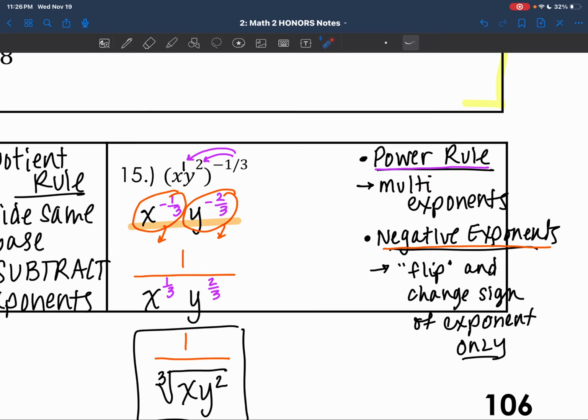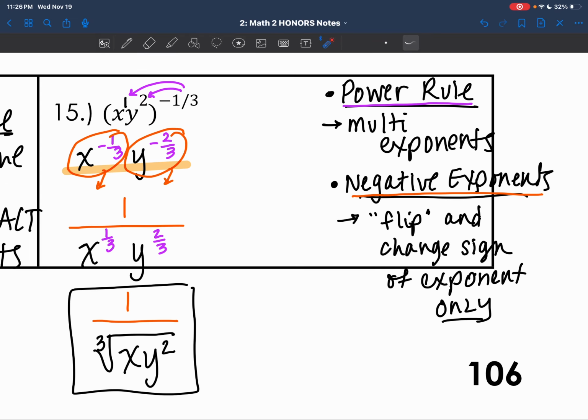All right, now this one has 2 rules that you need to remember. First is the power rule. We actually already did the power rule before, where you distribute, and remember I said I usually write in an exponent. So I remember, but if you're taking a power and another power's outside, you multiply. So I like to think that I'm distributing the exponent to all the other exponents inside. So I'm going to get x to the negative 1/3 and y to the negative 2/3,